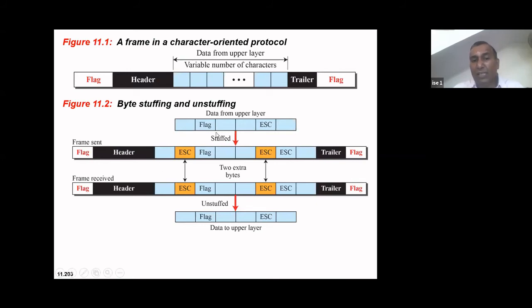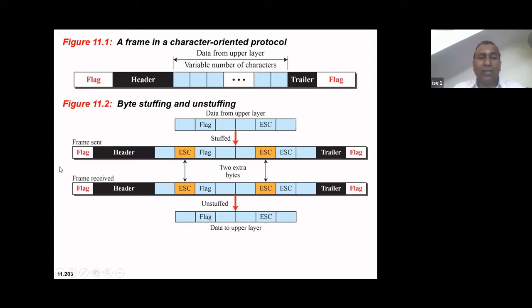It will not stop here. I mean to say, it will not assume that the frame has ended here. It continues reading the data. Again, it comes across an escape character. Whenever this escape character is encountered, the receiver will think that either flag bits are there as a part of data, or escape bits are there which are part of data. So escape character followed by escape. Here it takes this as part of data, and then it reads till it encounters a flag.